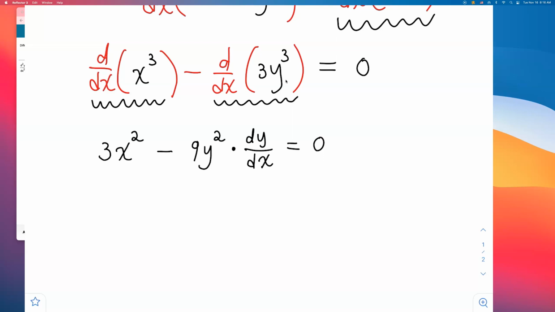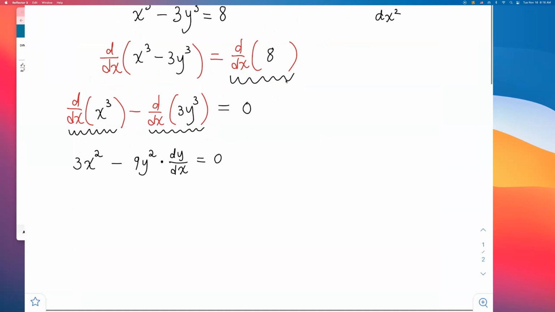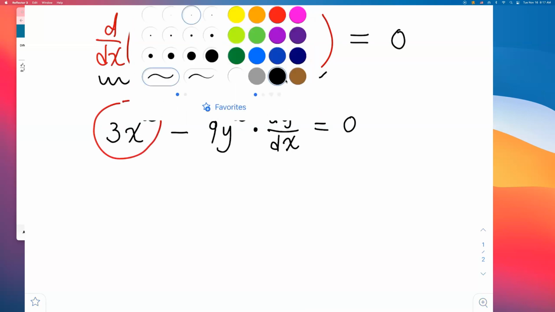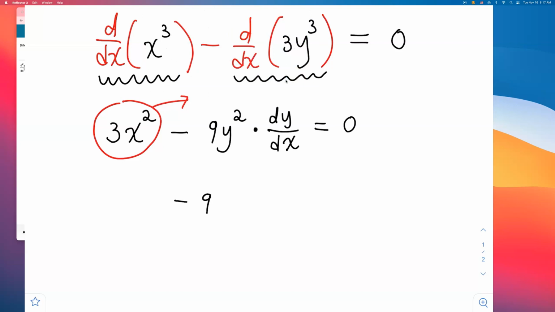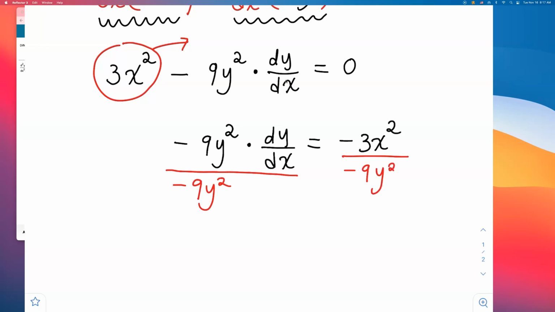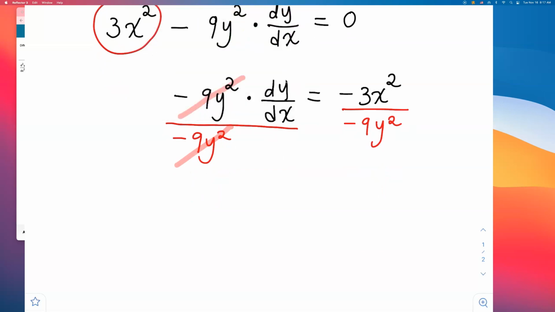Now I will solve this for dy/dx. Nothing different from what we did in class so far, right? It's all the same so far. So negative 9y squared times dy/dx equals negative 3x squared. Now I'm going to divide both sides by negative 9y squared. If I do that, this cancels out, and I have dy/dx equals